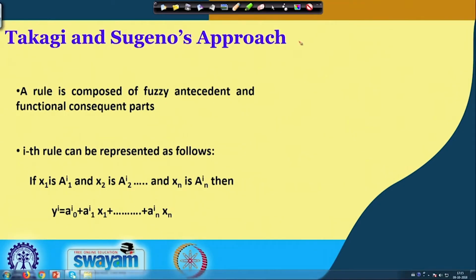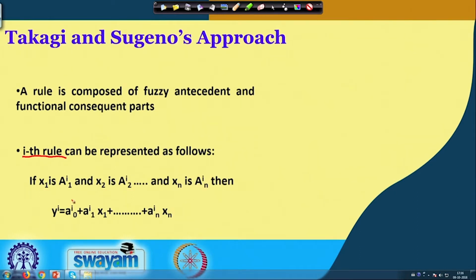We are going to discuss the working principle of another very popular fuzzy reasoning tool, that is known as Takagi and Sugeno's approach. Now, here in Takagi and Sugeno's approach, a particular rule, say ith rule, is represented as follows. The rule is written like this: if x 1 is A 1 i and x 2 is A 2 i, and there are a few terms here, and x n is A n i,